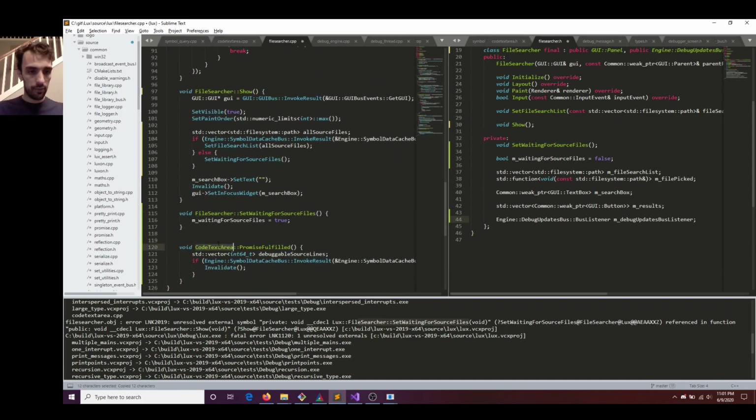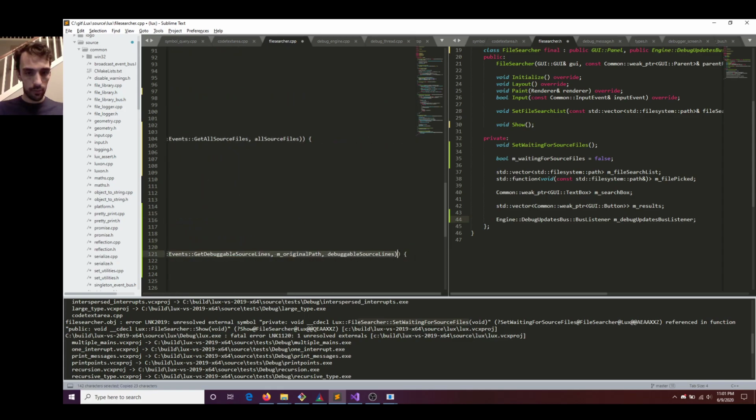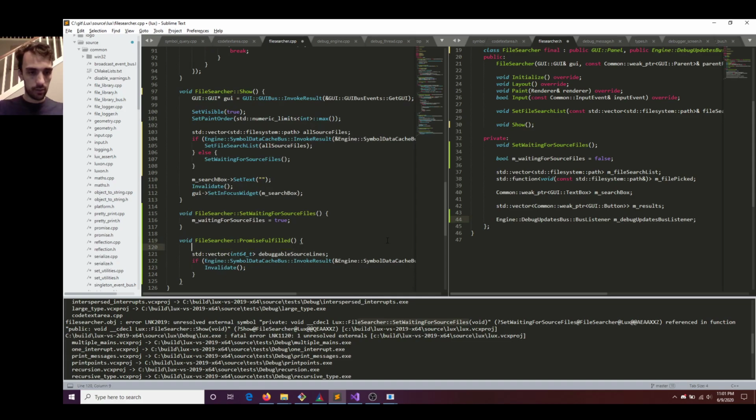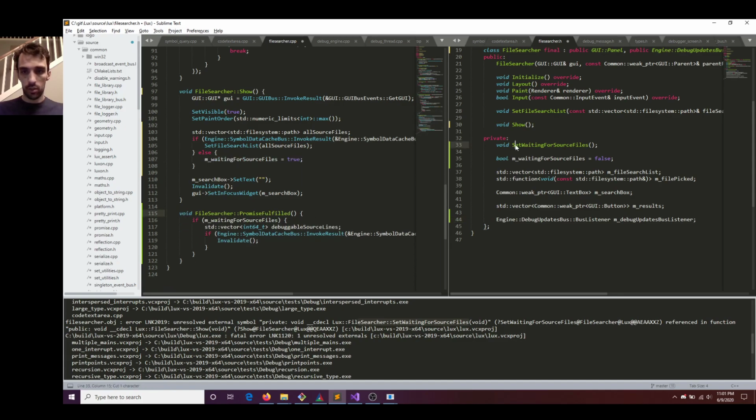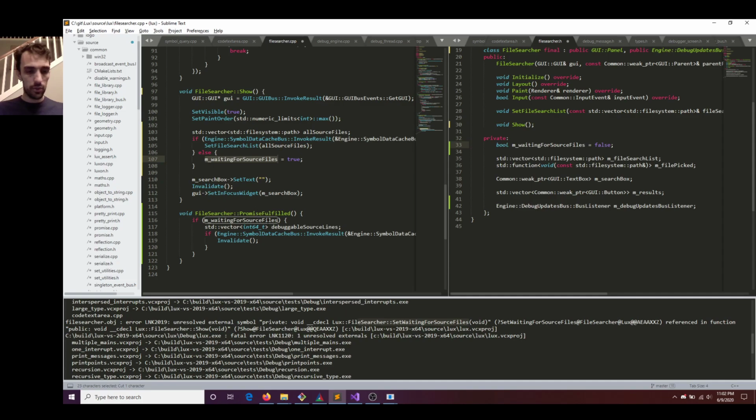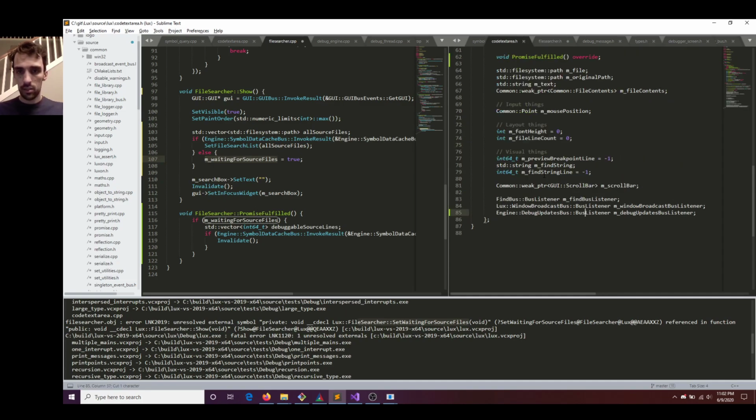And if we are waiting for a particular message, we're waiting for source files. I don't even have to, what am I doing? I don't even need this function anymore. Okay, if we're waiting for source files and